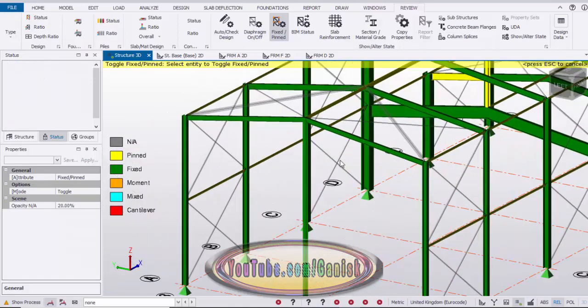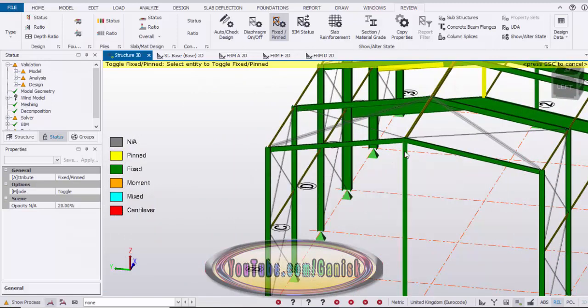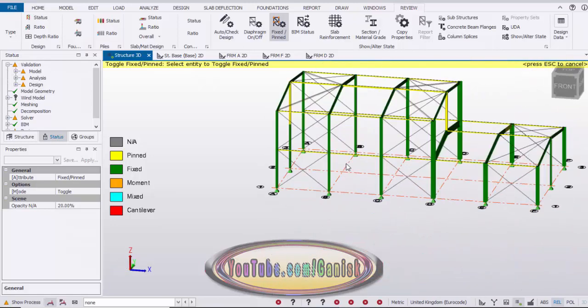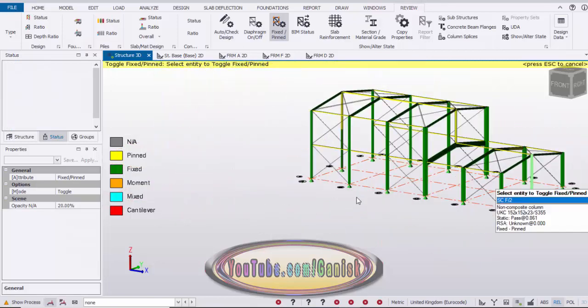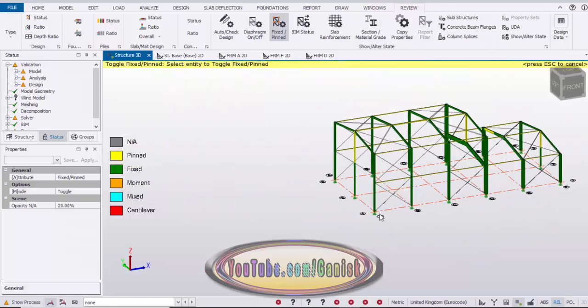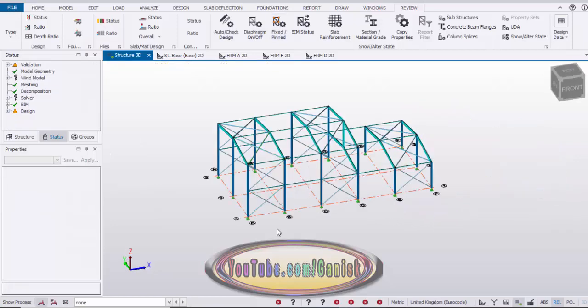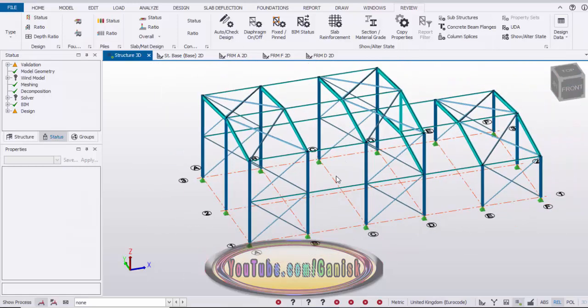Okay, for the interior column, we're going to create the pin connection at the top. So at the top, click on here to turn it into the pin connection at the top, and similarly we're going to change this interior column to a top pin connection like this. Okay, that's it. Now we're going to redesign once again. Click on escape. Now we're going to change the column, rafter, brace and strut sizes to optimize the steel and redesign it once again.